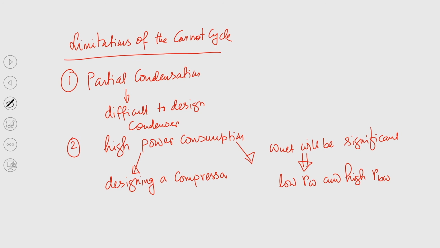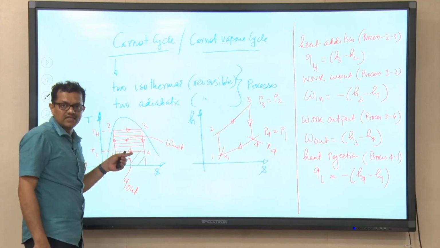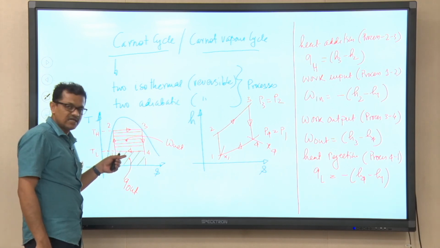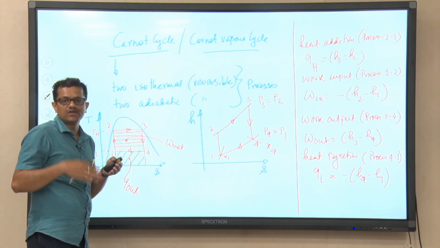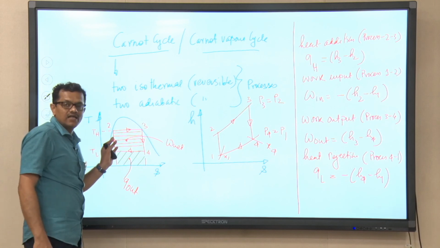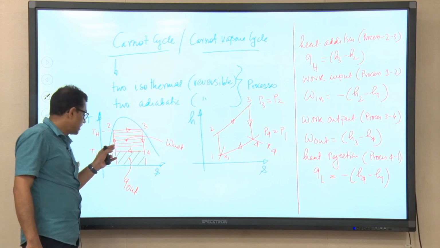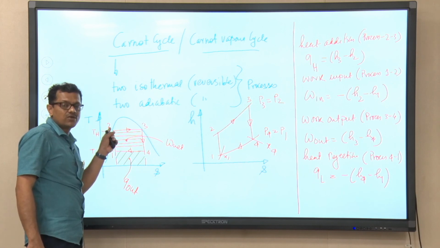So till now we have understood lower work ratio and high back work ratio. Last point is that we can run a compressor even compromising the efficiency of the cycle. Low work ratio and high back work ratio mean efficiency will be very low. It is quite obvious, because the power required to operate the compressor will be a significant portion of the work output. On top of that, it is again very difficult to design a compressor which takes a two phase mixture at its inlet and gives saturated liquid at the outlet.